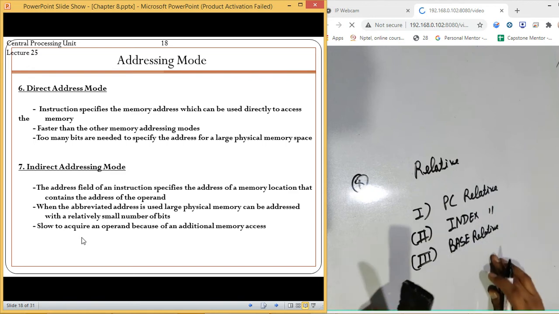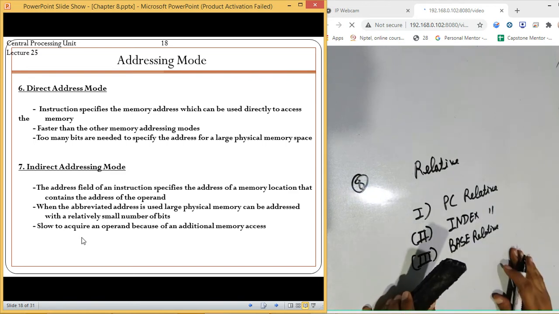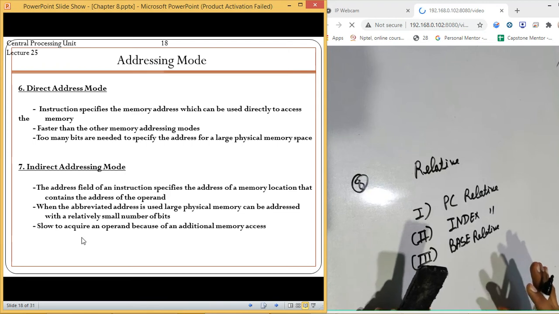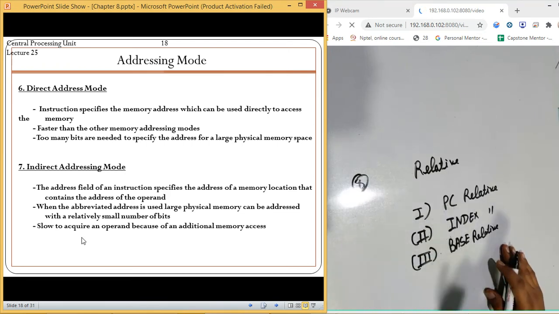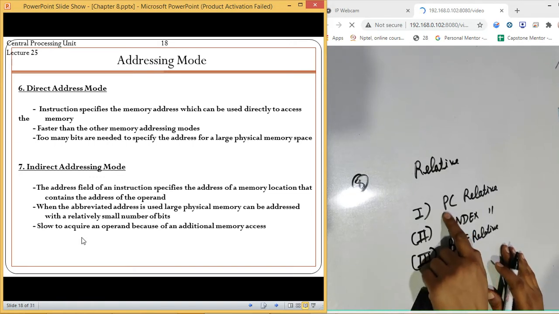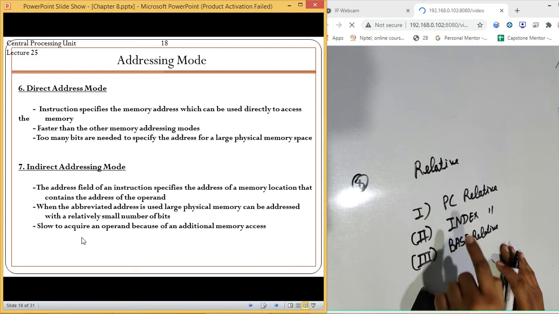These are the three different types of addresses which we have in our relative addressing mode. The first one is PC relative. It is clear from this that it has to do something with the program counter. Index relative has to do something with the index register. And this one has something to do with the base register.